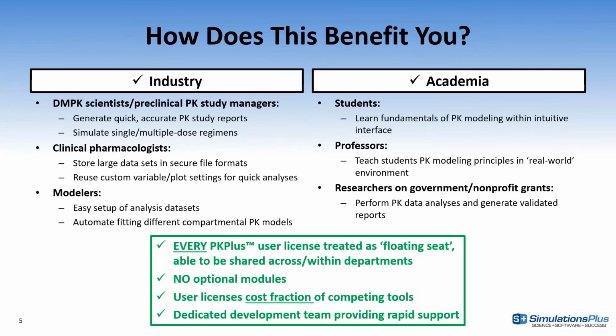So how does this benefit you and your company? Within industry, we have a lot of partners that are using it to generate quick, accurate PK study reports. Whether you have a single dose study or multiple dosing regimens, our software can handle all of those different scenarios. You can also reuse your custom settings to do quick analyses, and then do different fitting techniques across 1, 2, or 3 different compartments to get a quick read on how you might want to model your data